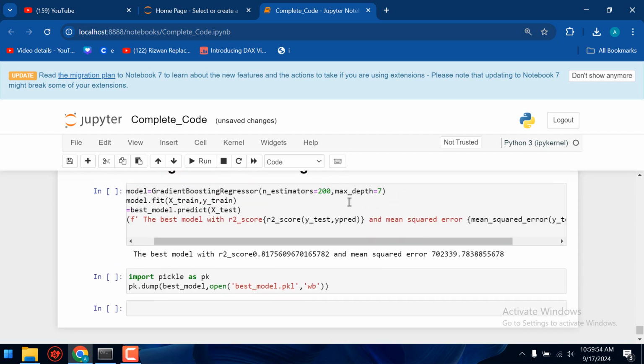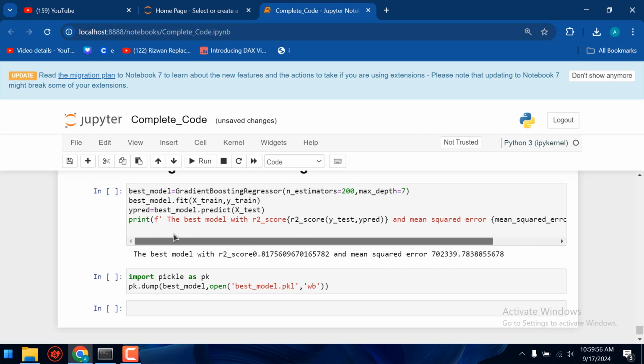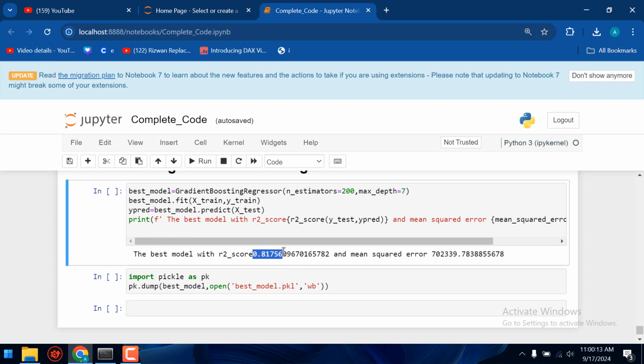So remember, for selecting the best model, try to utilize the mean squared error or negative mean squared error. Try to use that parameter in terms of selecting the best model. And the R2 score is also one of the things. But if the R2 score is high, it doesn't mean that your model is good. Maybe your model overfits, so try to decide your final accuracy in terms of mean squared error.